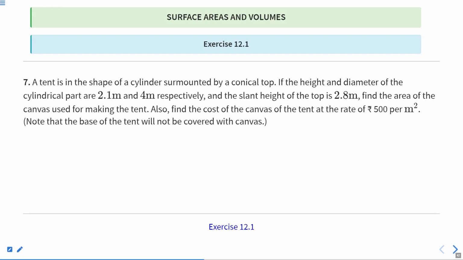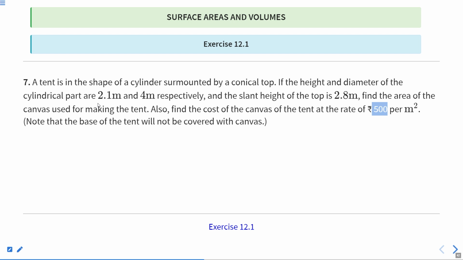In the next question, we have a tent in the shape of a cylinder surmounted by a conical top. If the height and diameter of the cylindrical part are 2.1 meter and 4 meter respectively, and the slant height of the top is 2.8 meter, then find the area of the canvas used for making the tent. We also find the cost of the canvas of the tent at the rate of 500 rupees per meter square. So in this problem we basically have a tent